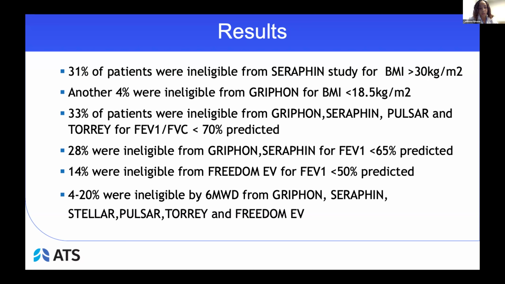And 4 to 20% were ineligible by the 6-minute walk test from Griffin, Seraphim, Stella, Pulsar, Thur, and Freedom, depending on what their criteria was. So the 4% that were ineligible were for Stella, Pulsar, Thur, and Freedom EV because their 6-minute walk criteria was anything less than 150 meters was excluded or greater than 550. And the 20% that were excluded was from Griffin because their eligibility criteria was only patients who had greater than 50 meters of walk or less than